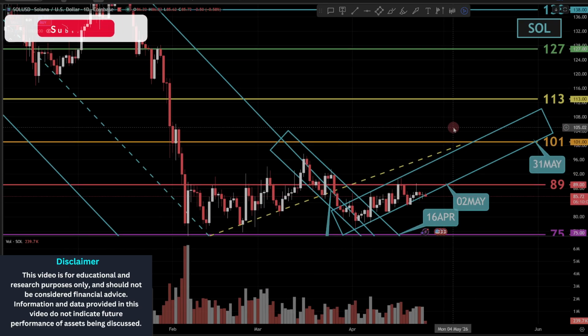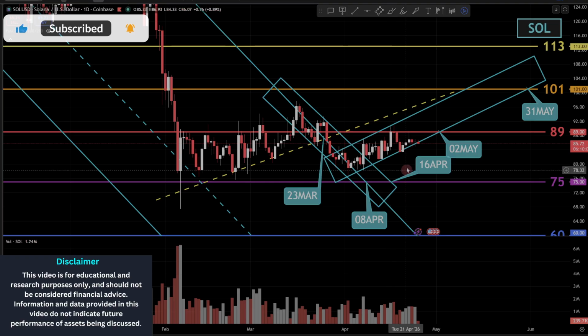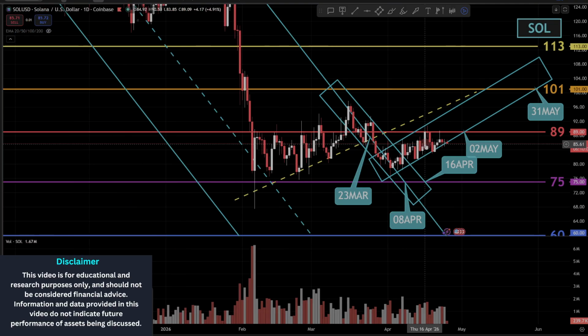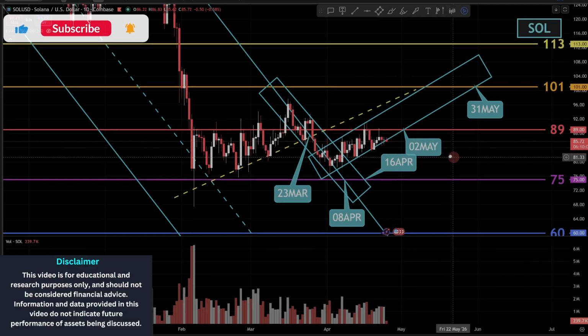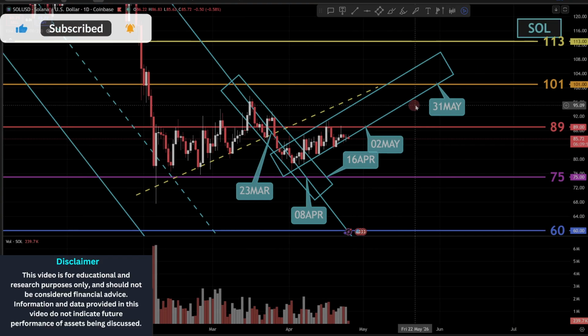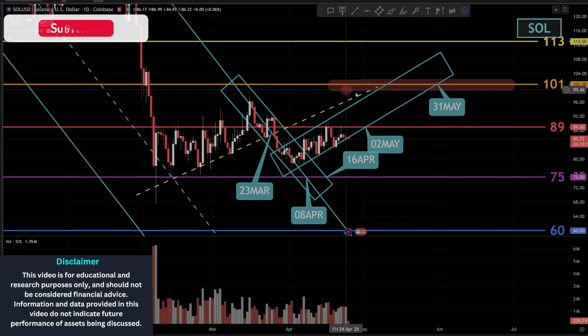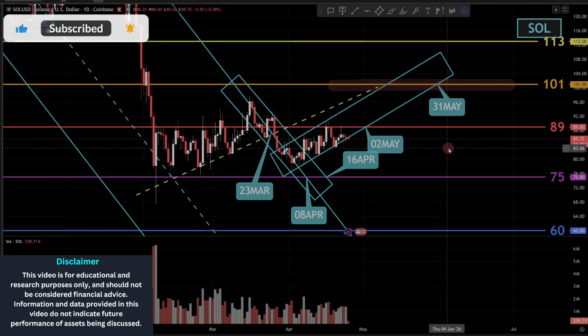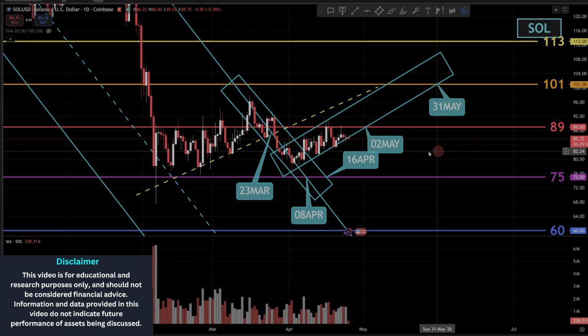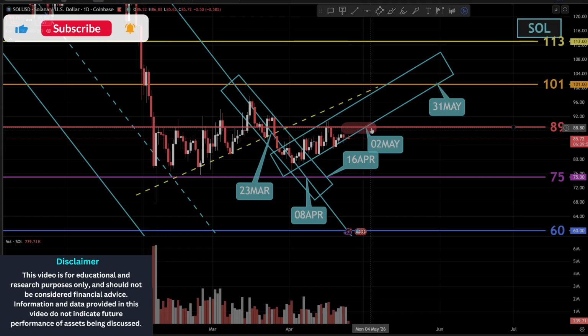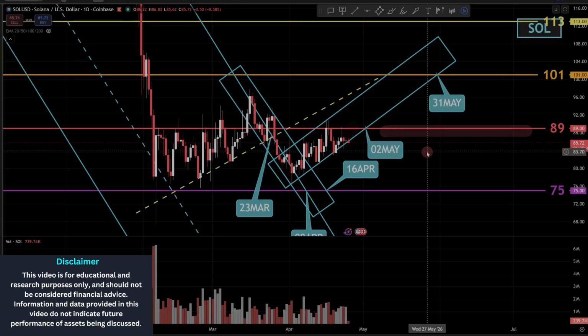So we talked about the uptrend that potentially is going to go up to challenge the orange key level of 101. But the prerequisite is that by the beginning of May, it has to go past the $89 red key level. Reason being,